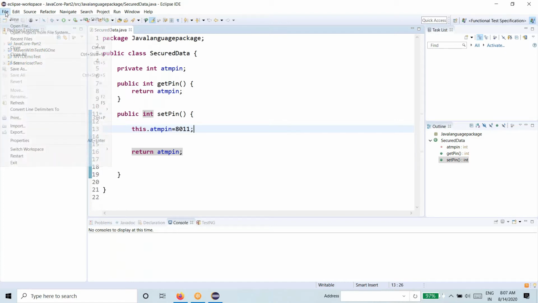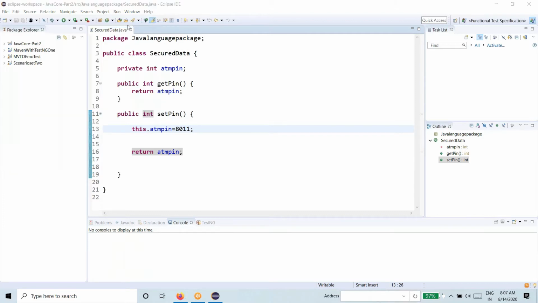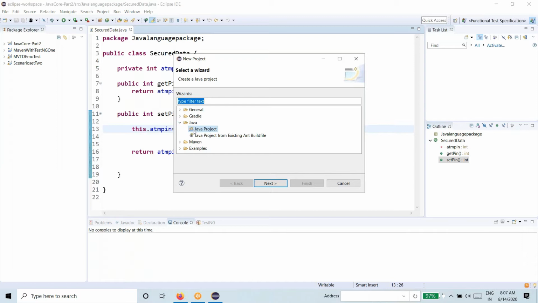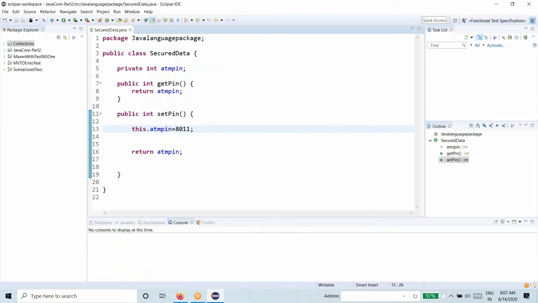So let me create a very new project over here. Let it be a Java project. I'm not using Maven as of now. Let's say it's collections. Yeah, my project is ready.